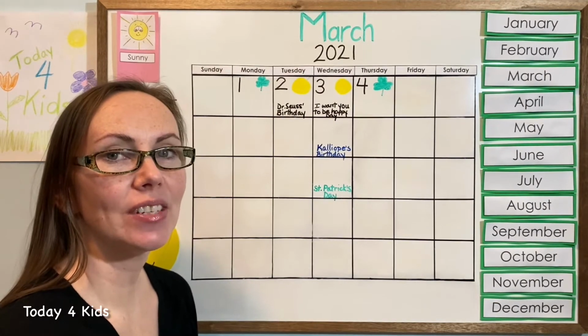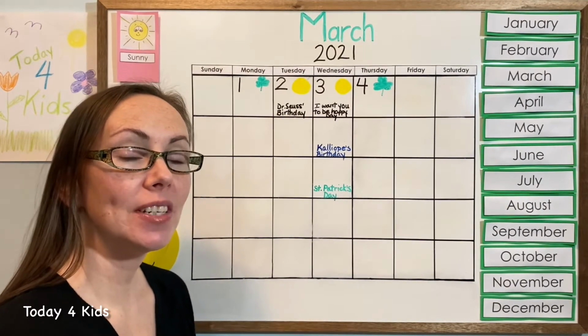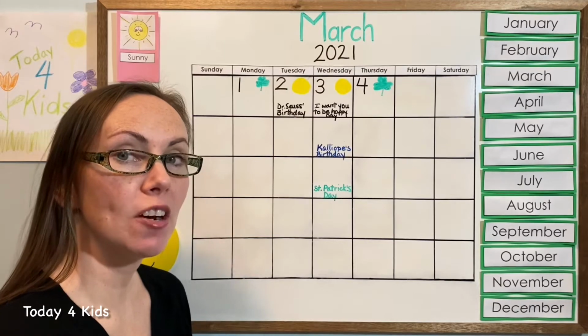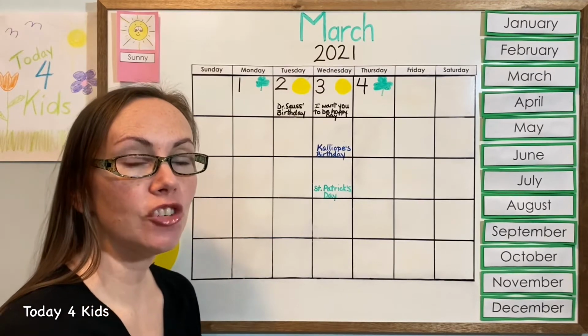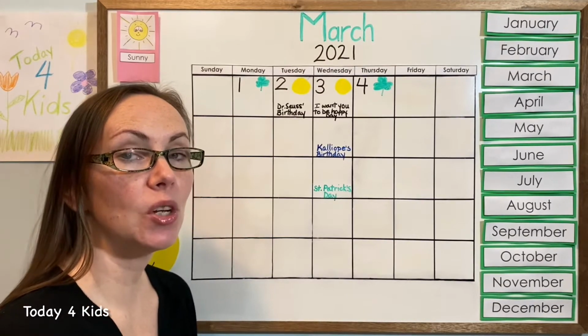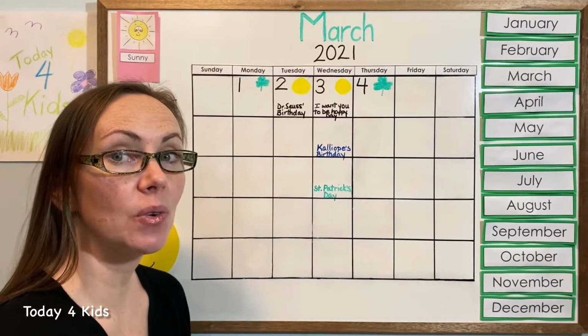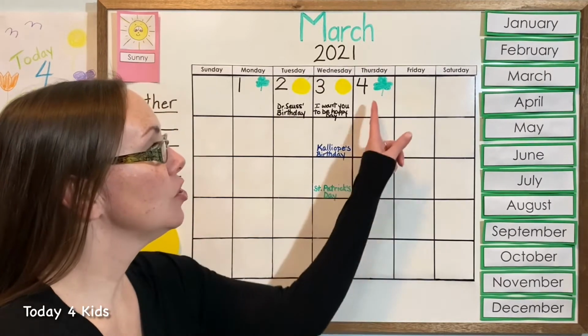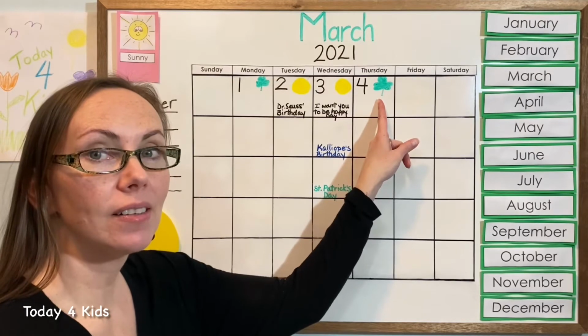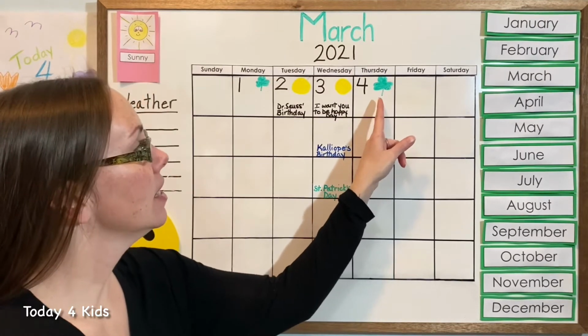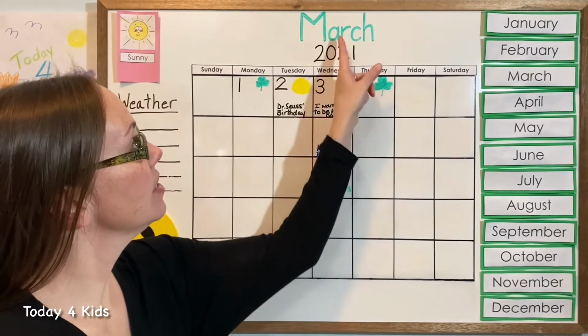Let's figure it out together. Can you look on the board and tell me what the last shape is we drew in our pattern? Once we know what the last shape is that we drew in our pattern, we will know what yesterday was, and then we can figure out what today is. So did you guess a green shamrock? Good guess. So yesterday was Thursday, March 4th,